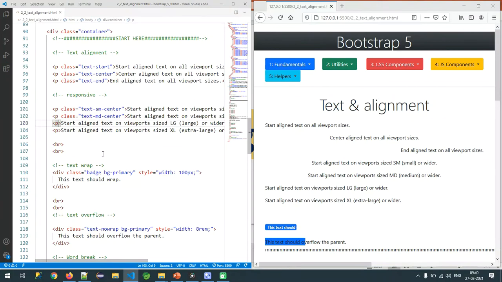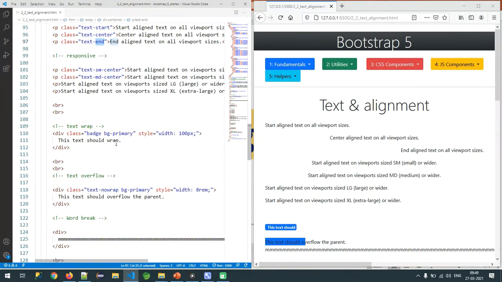Likewise, I can configure for only large devices to appear in the center, for only medium devices to appear in the middle. Likewise, you can configure by using text hyphen infix for the device. Either start is possible, center is possible, end is possible. Now, sir, I'm able to do this.